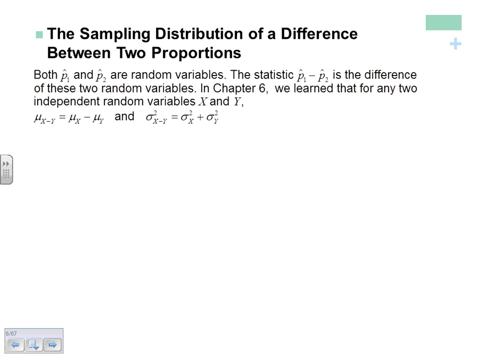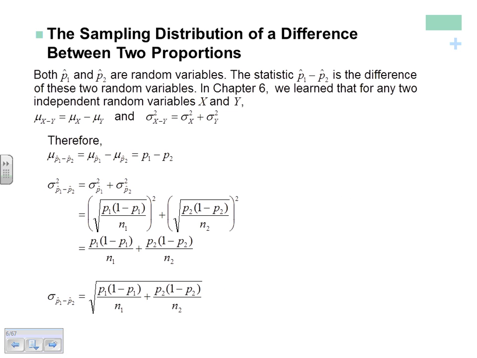So whenever you have, just to find the mu's, again, you can take the difference of those. But when you're dealing with standard deviations, you're going to have to take the sum of the variances. So we learned that back in Module 6. So here we can find the mu. That's what we saw. And here, if I want to find what's going on for the standard deviations, then I have to take the standard deviation